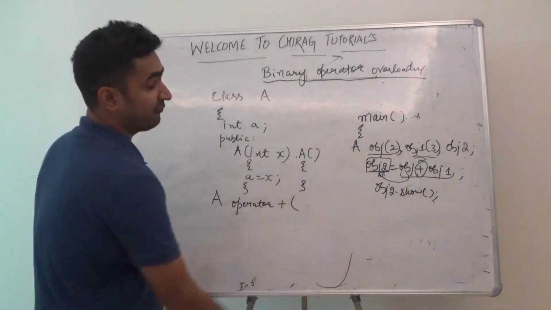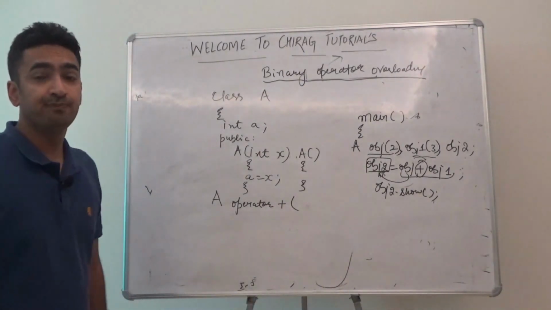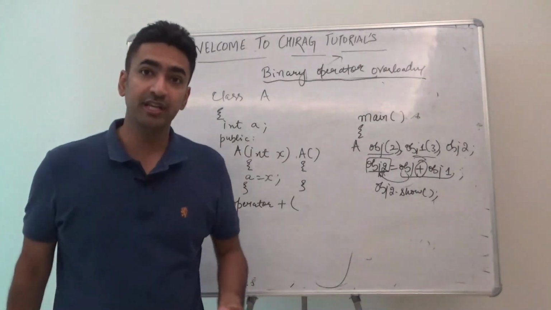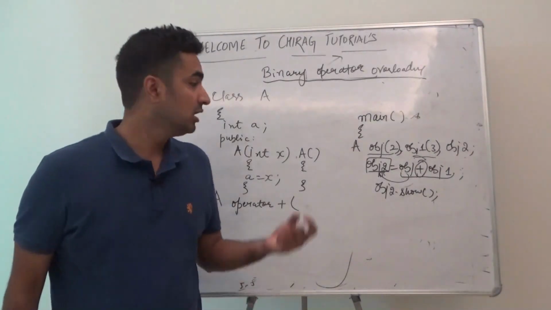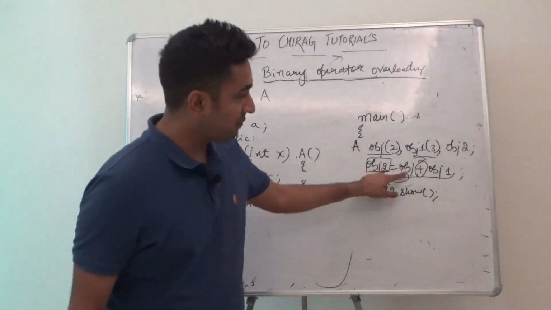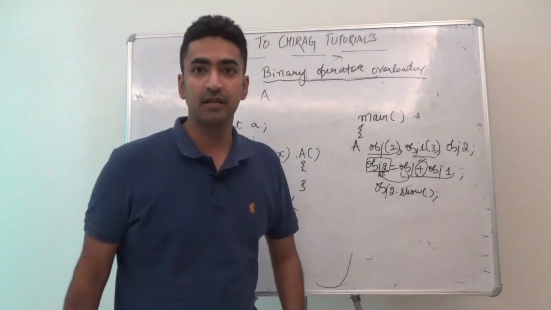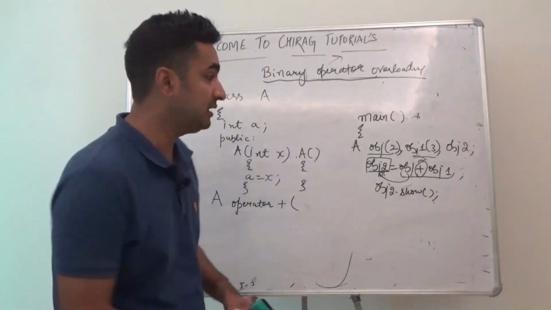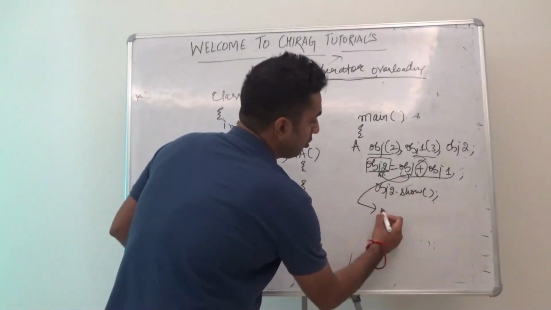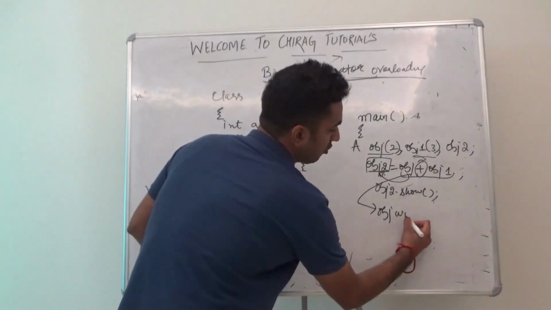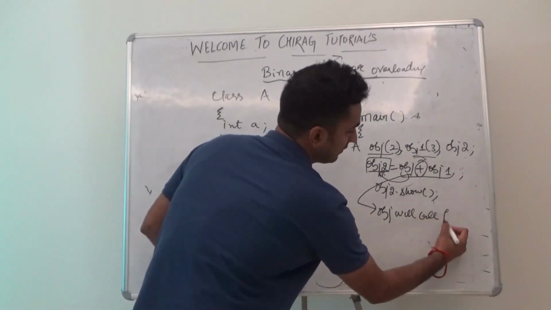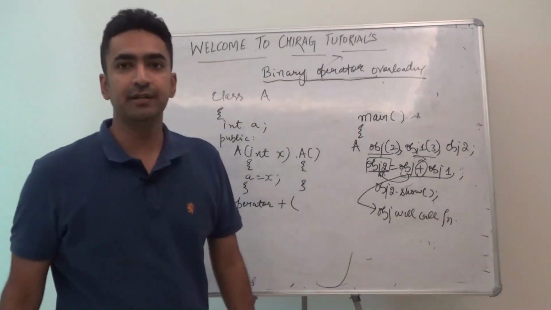Now the rule of operator overloading using binary operators is that the first object calls the function and the second object is passed as an argument. It means over here obj will call a function, its value will be returned as such,